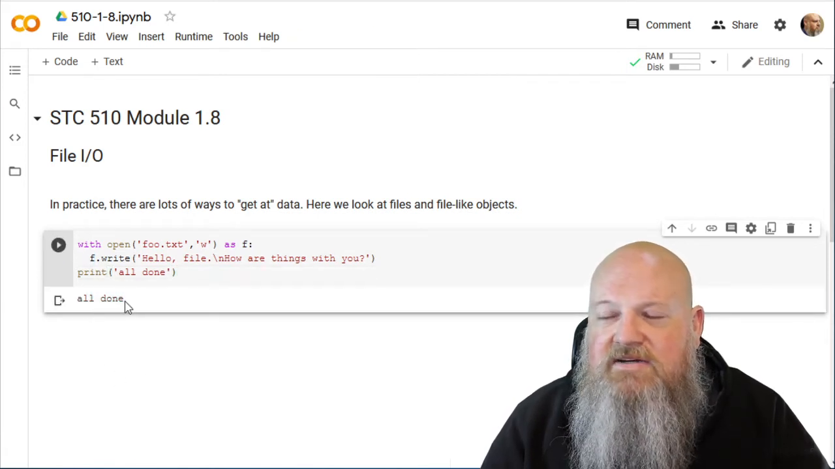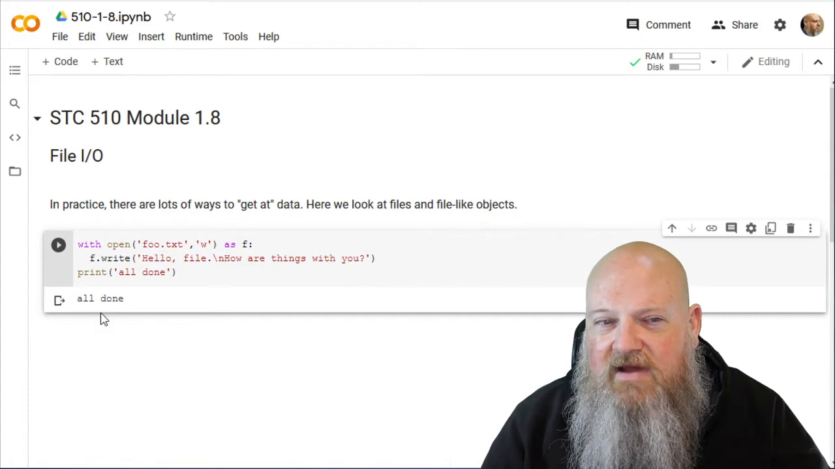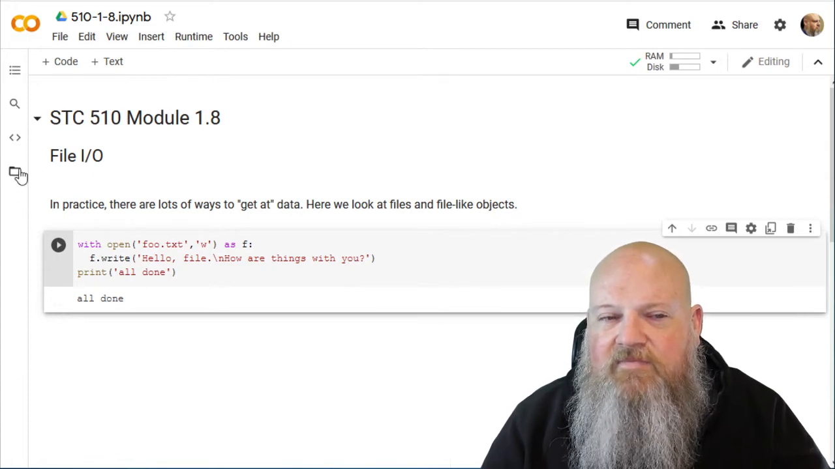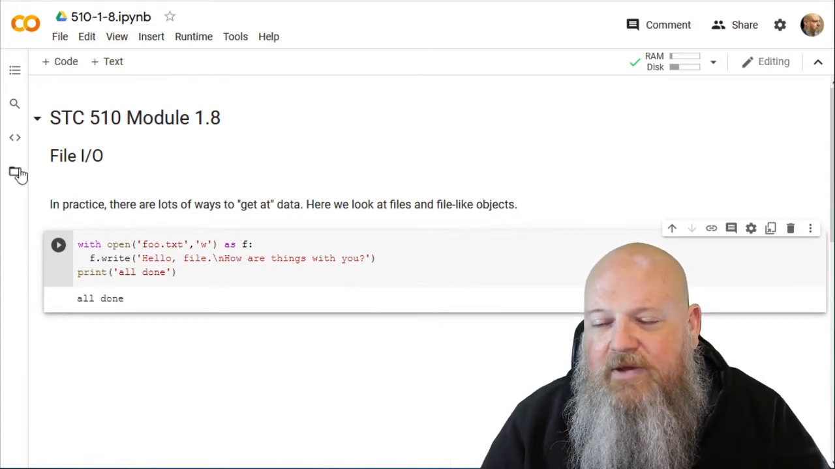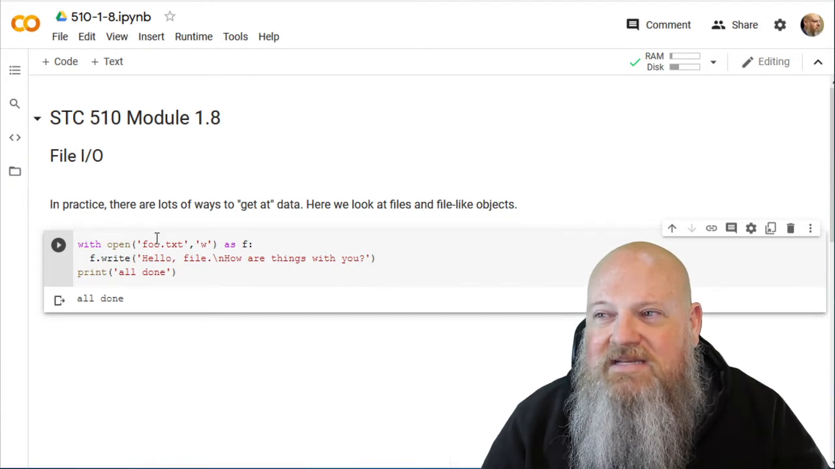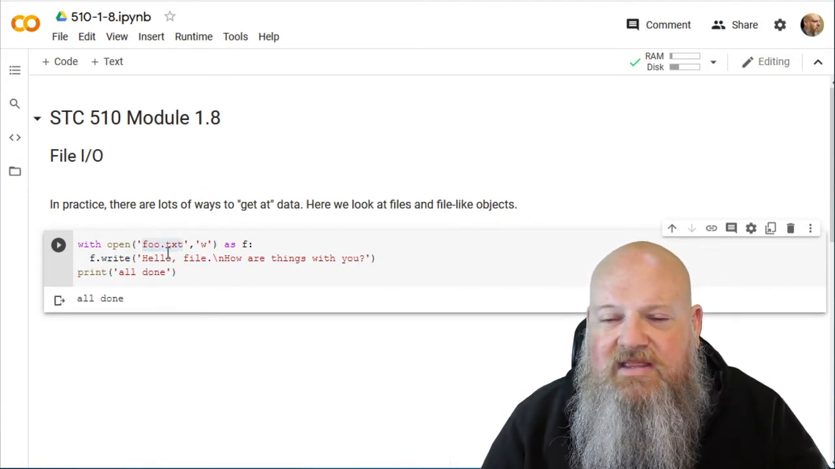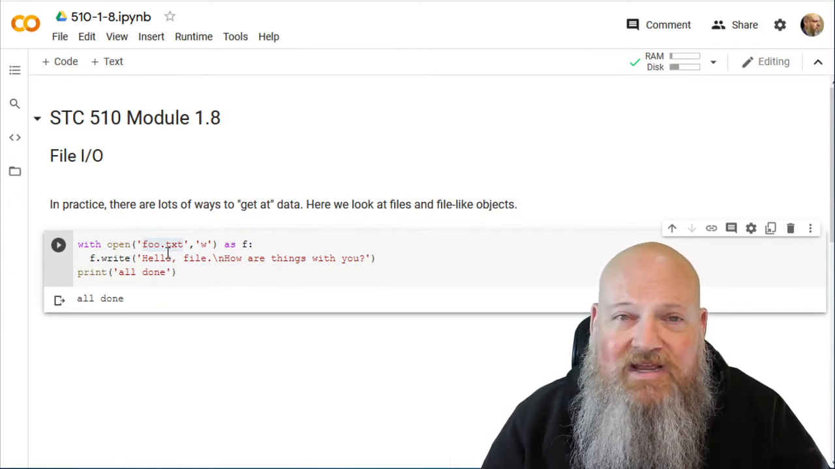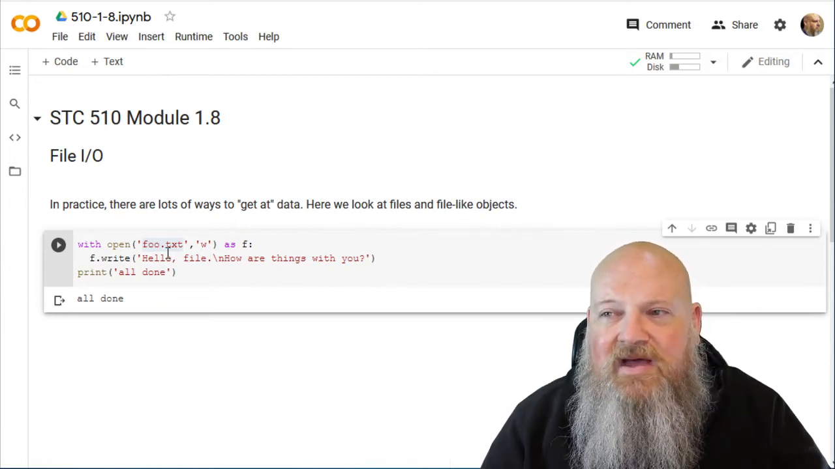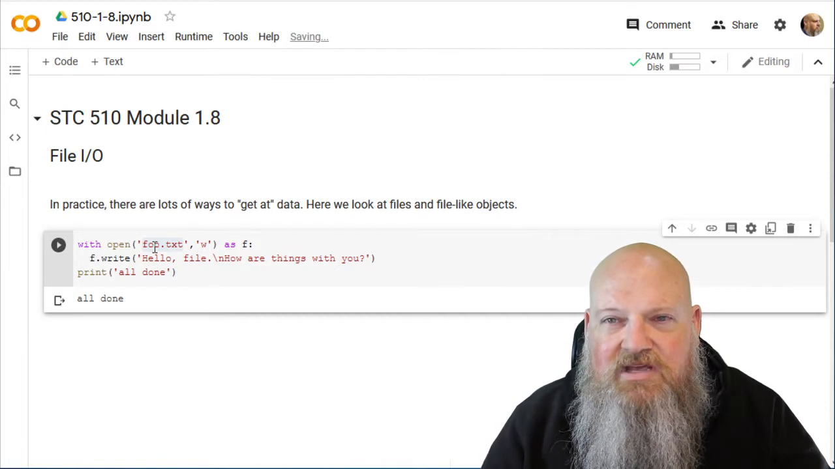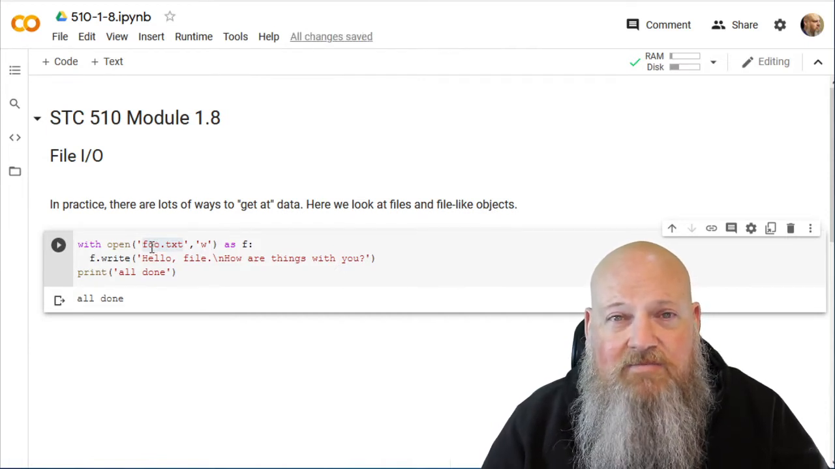Now all it's done to our screen is "all done," right? But if we go up here, the question is where this puts it, since we didn't say anything other than foo.txt. So what it's going to do is put it in the active directory in whatever system you're using. If you were on a system, you could give a full absolute file name. So you could say, for example, if you were on a Windows machine,